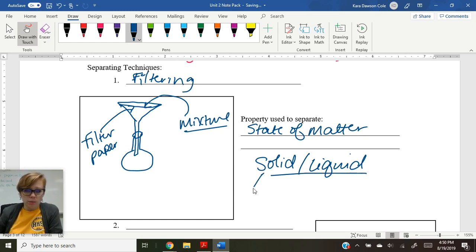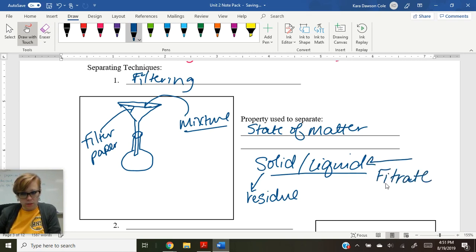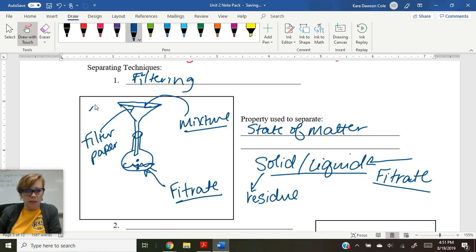So then the solid becomes what we call the residue, the residue that's going to be left on the filter paper. And then the liquid is what we call the filtrate. This is the part that comes out and into the flask. The filtrate is going to go through the filter paper and into the flask, and then the residue is going to be stuck